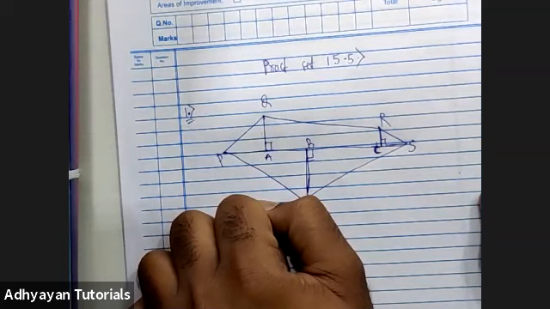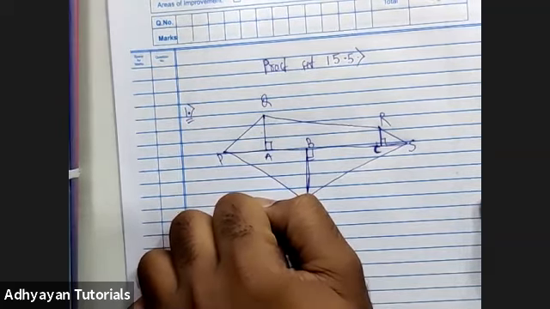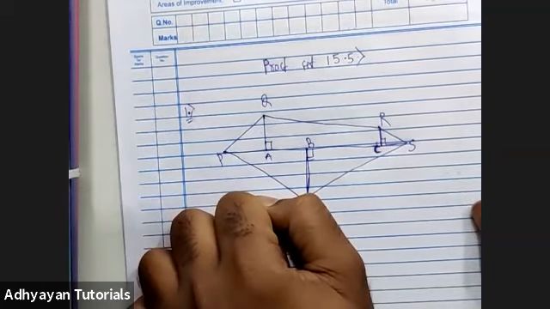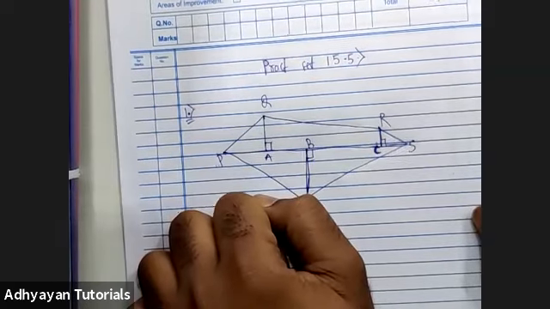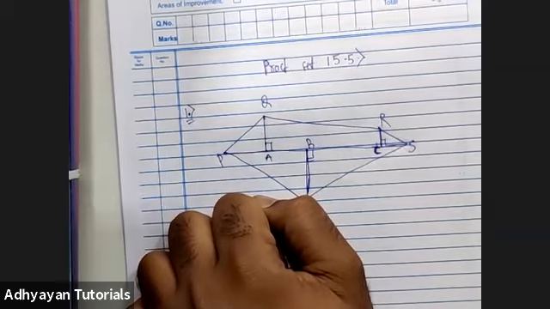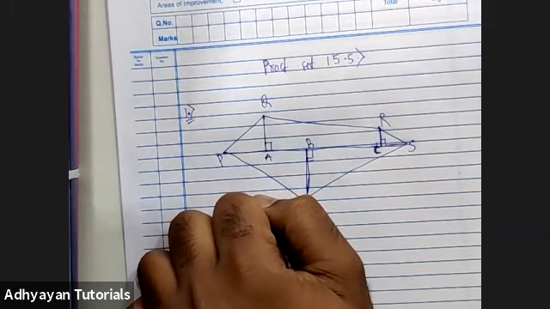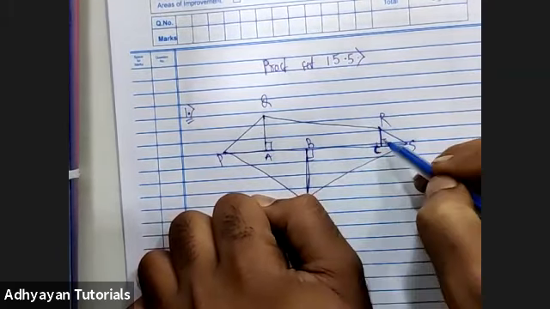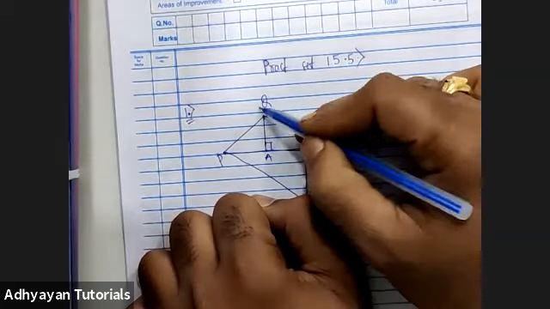Omkar from Chembur is absolutely correct. He said it is a trapezium. I was expecting the answer to be a quadrilateral from kids, but then to be very precise, it is a trapezium, right? अब पता कैसे चलता है कि trapezium है? The definition of trapezium, children, is if two lines are parallel, then the quadrilateral is nothing but a trapezium, right? A pair of opposite sides if they are parallel to each other. So I can see a 90-degree here as well as here. They are corresponding angles. And therefore RC is parallel to QA.